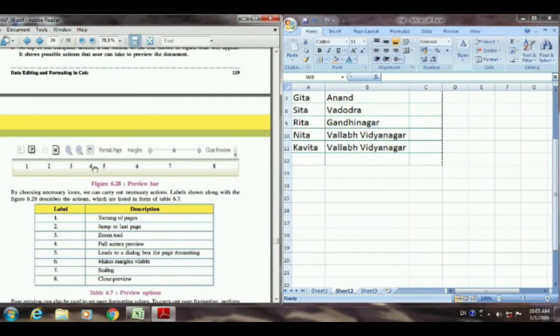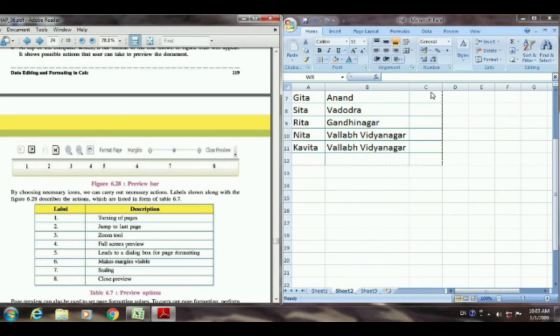Fourth one is the full screen preview. Fifth one is format page, which helps us do the formatting, and it will lead you to the dialog box for the page formatting. And then here you will see the margins, how much space you want to keep aside on the pages. Then the 7th is scaling, and the last one is close preview. So this type of preview bar is specially visible to format your page here in Calc.